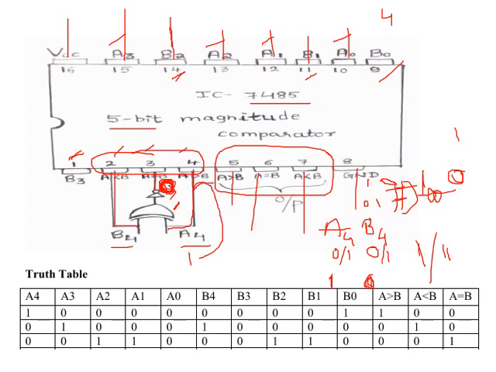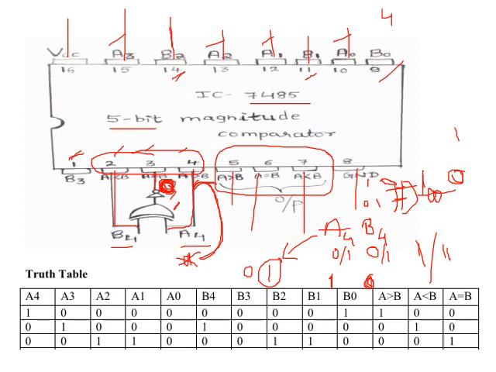If not, what if the things are reversed, like A4 is 0 and B4 is 1? A4 is 0 means 0 will reach the A greater than B. That means what? A greater than B is 0 means B is greater than A. So B is greater than A may be true, right? And what we are doing, we are simply connecting B4 to A less than B. So what is B4 here? B4 is 1. So that 1 will reach the A less than B.